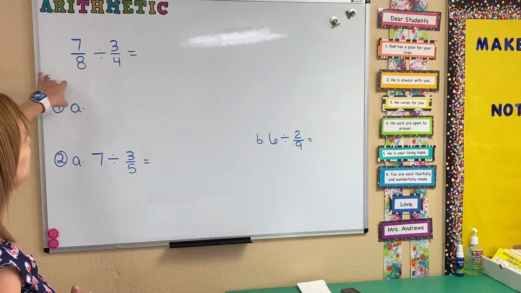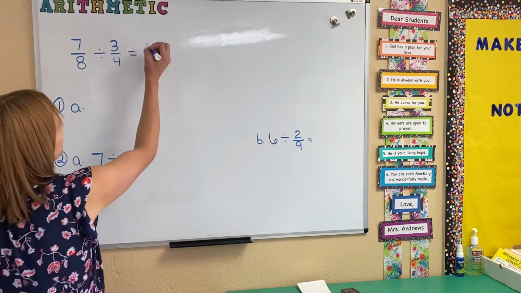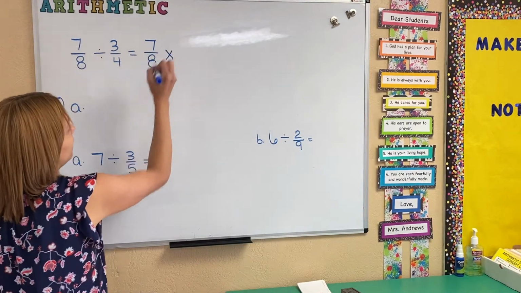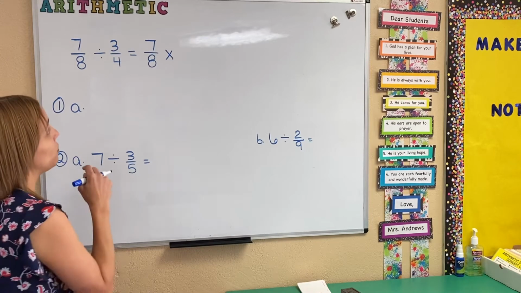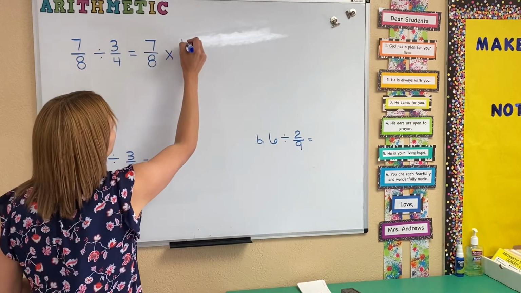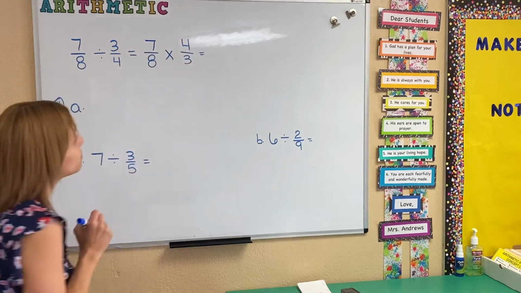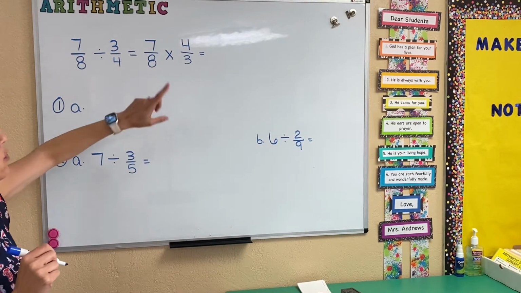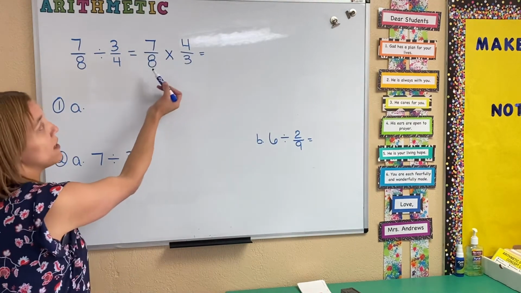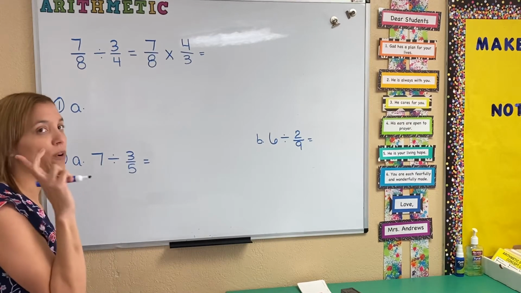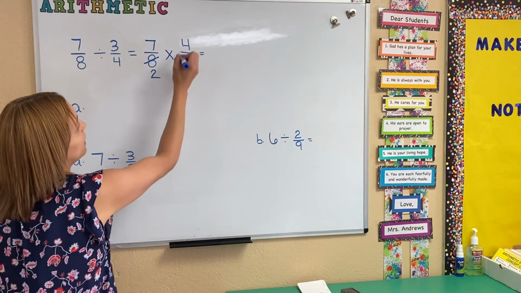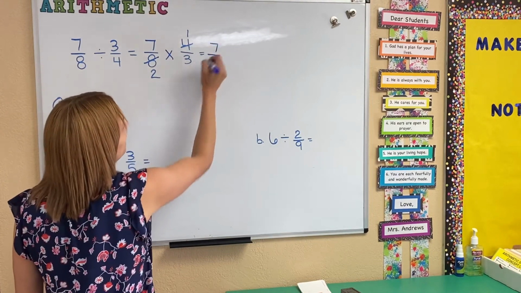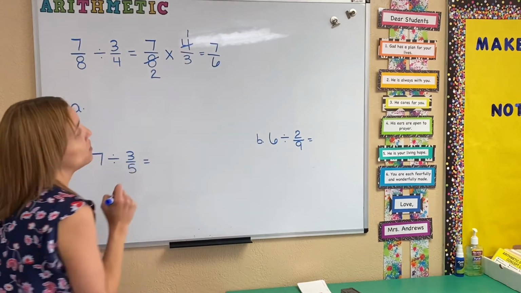So we have 7/8 divided by 3/4. We want to write 7/8 because we want to leave it as is. And we are going to multiply that, but we have to invert the second fraction. So what we do is 7/8 multiplied by 4/3. If we look at the fractions, we know that 4 goes into 8, so we could simplify. How many times does the 4 go into 8? That's correct, twice. So we want to do 2 and then 1. And now we just straight multiply. 7 times 1 is 7 and 2 times 3 is 6. So our answer is